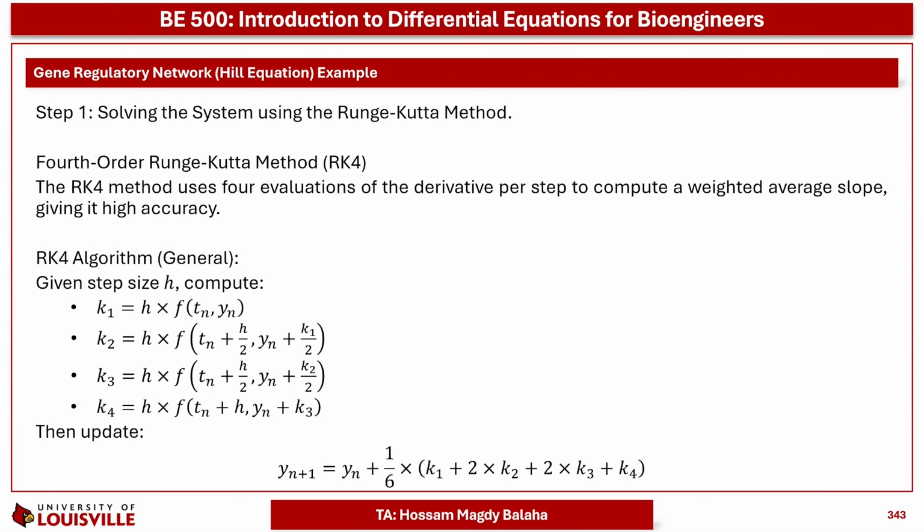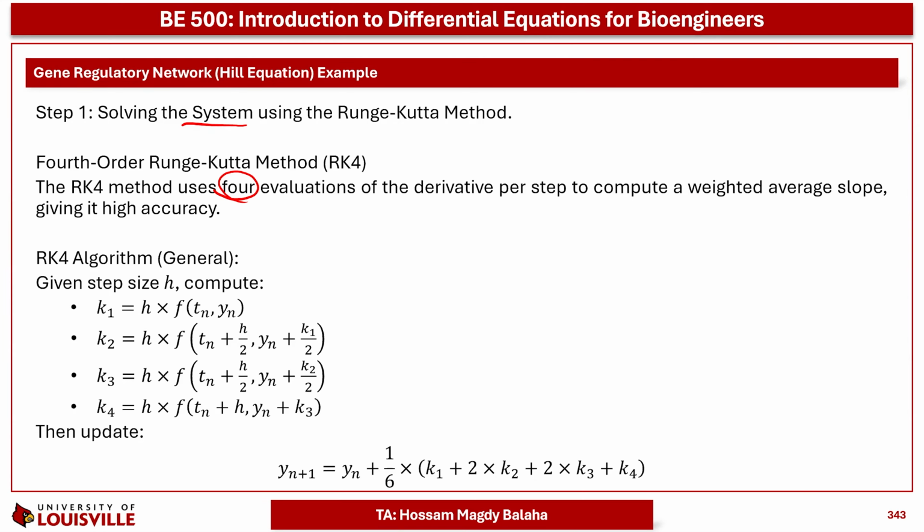So let's begin by solving the system using the RK4 method. In the RK4 method, we use 4 evaluations of the derivative per step to compute a weighted average slope, giving it high accuracy. And we compared RK4 with 2 other methods in a previous lecture. You can return to that lecture to understand what are the different methods to solve the differential equation numerically and compare between them. And by the end of that lecture, we emphasized that RK4 is the most accurate compared to them,